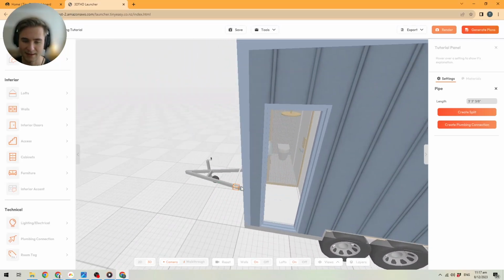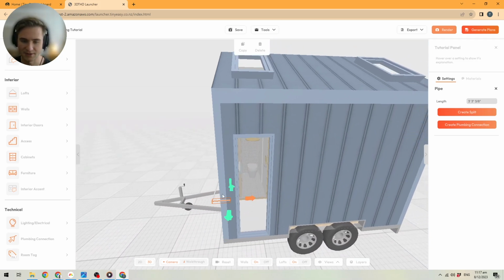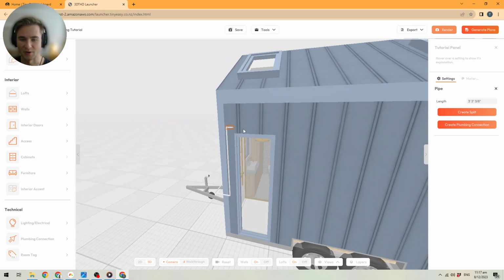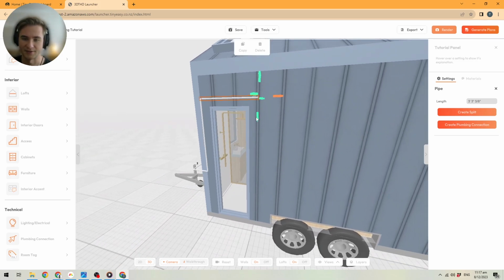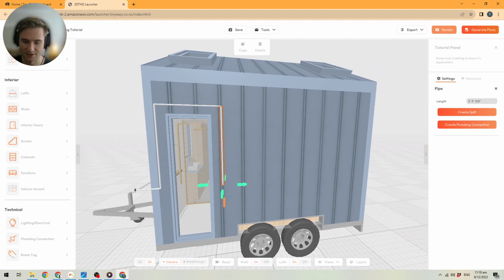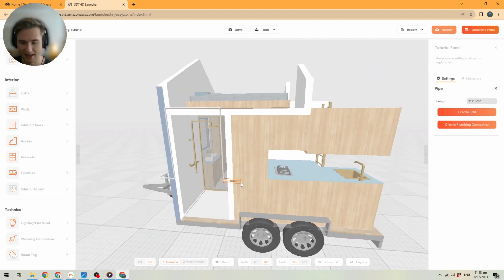And then I'll left click here, and then we'll see, oops, we've got a window. What should we do about that? We'll just click the arrow up, and we'll just draw the pipes so it goes around this window. And then I'll just go down again until we are roughly on the same height again. There we go. And now I'll just quickly disable my walls again, and we'll just keep drawing until we reach